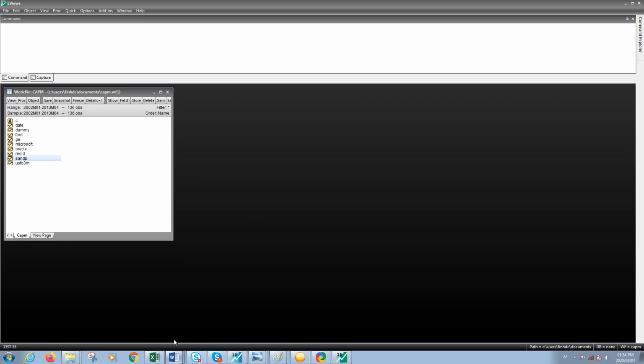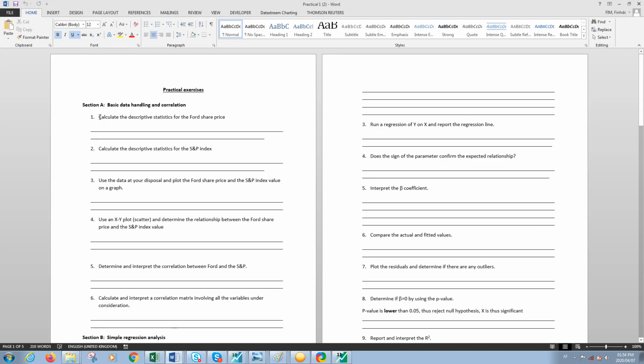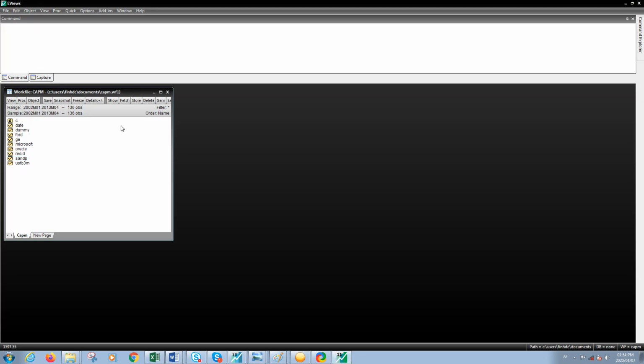Now we can start with our practical. The first question asked is to calculate the descriptive statistics of our Ford share price. So what you do is, as I've mentioned, these are the different series as you see it in